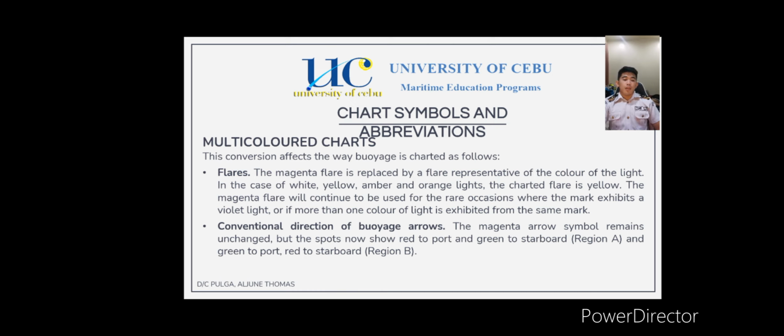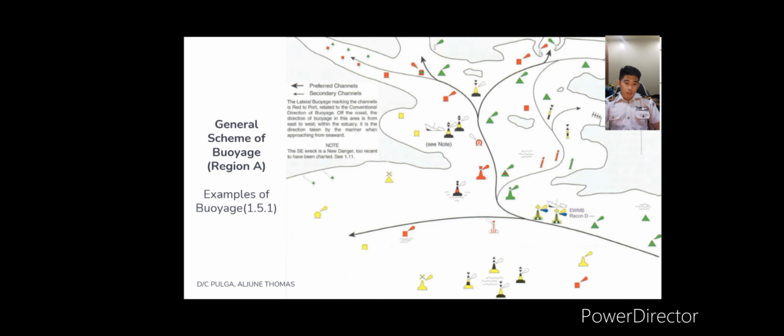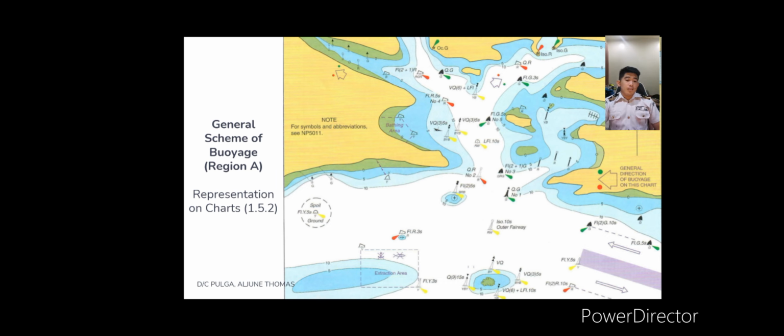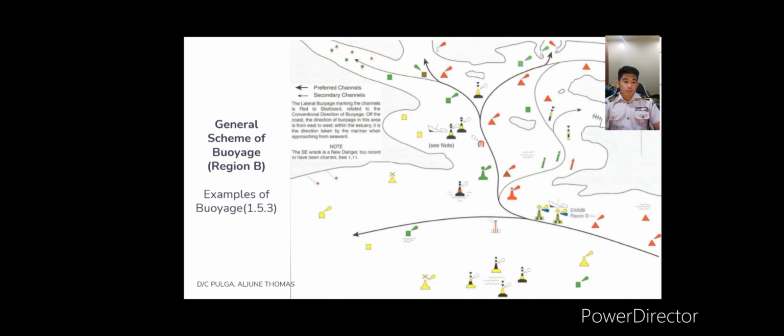Region B. So this is the example of region A, referring to the channel or secondary channel. So next, the general scheme of buoyage region A. This is the example. So next, this is the example of the